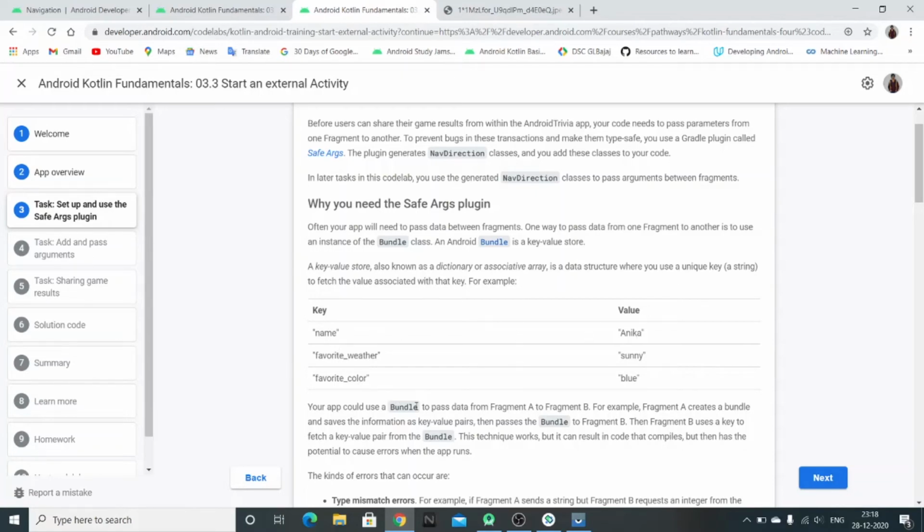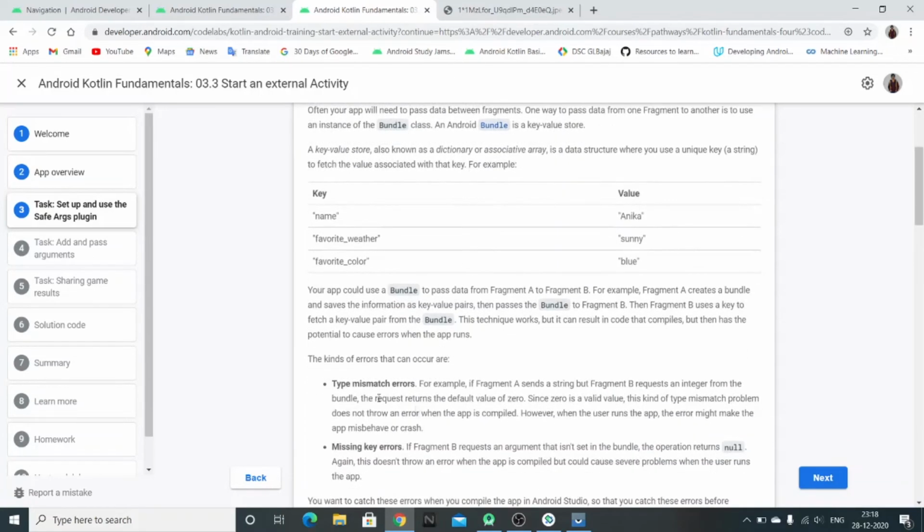But here we have two problems: type mismatch errors and missing key errors. Suppose we pass a string, and on the receiving end, in fragment B, we are expecting an integer. That would be a type mismatch error.